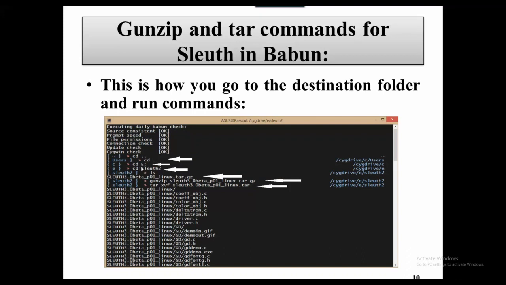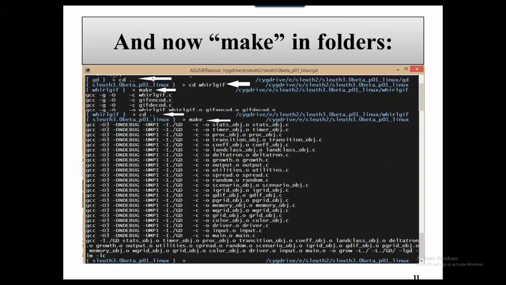Type cd space e colon, which gets you inside D drive, and this one gets you to the Sleuth2 folder. Take a list and you unzip and untar the files, and then run make inside GD, inside whirlgif